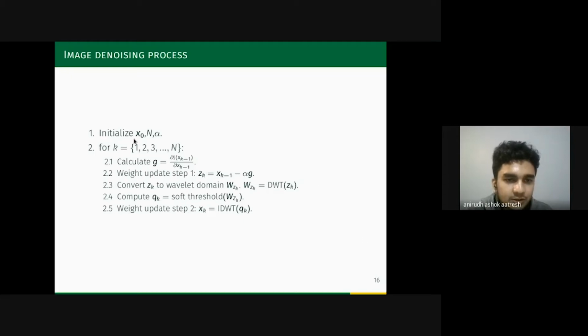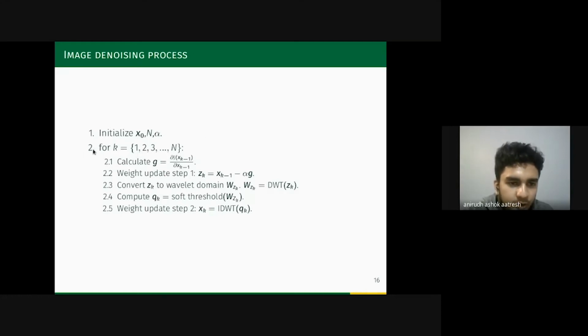Firstly, we need to initialize our solution x0 to any value. For this workshop, I've used 0, but it can be initialized to any value. N is the number of iterations for which you want your gradient descent algorithm to run, and alpha is the speed at which you want to arrive at your solution. It's commonly called the learning rate. This can be obtained by trial and error once you tune your algorithm.